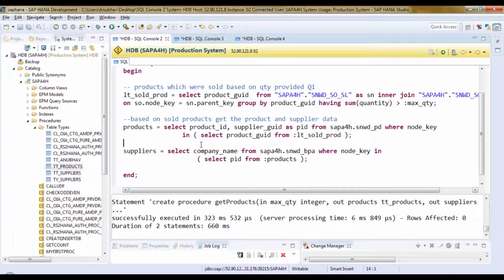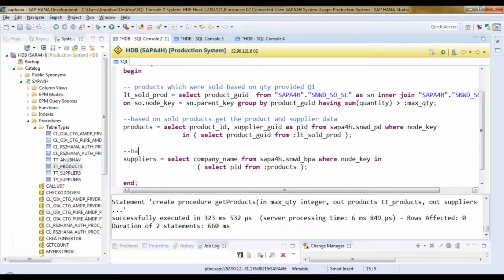And then next, based on product supplier GUID, get supplier names. None of the queries, your right answer, because if you see, all the queries are dependent on